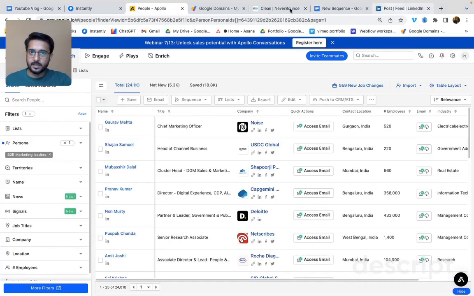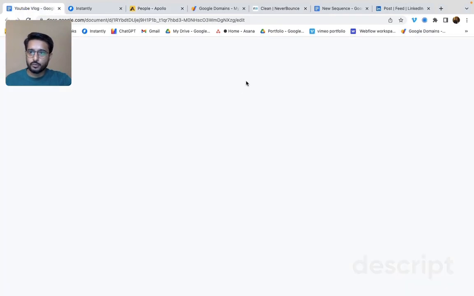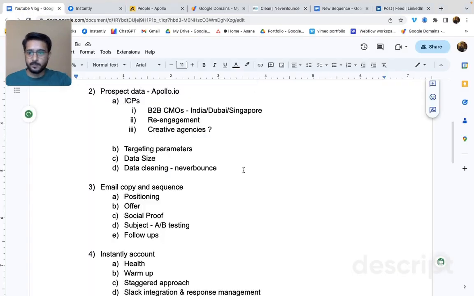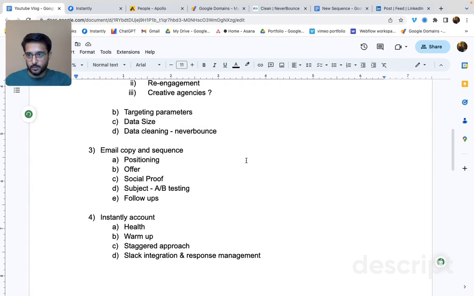Once we had the data, then what you need is your email copy and sequence. Now, even before you create email copies and a sequence of these emails, you need to have these three things already figured out, or you need to figure them out with the email expert or an agency that you're working with.